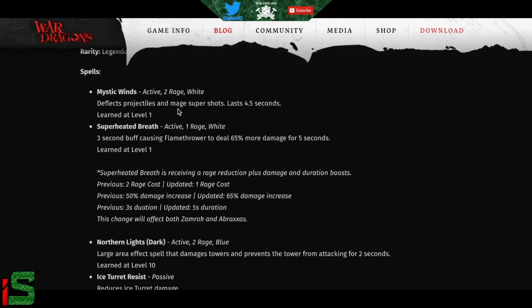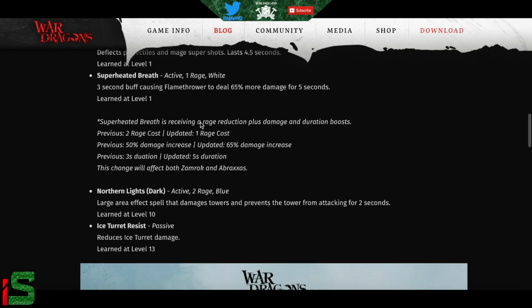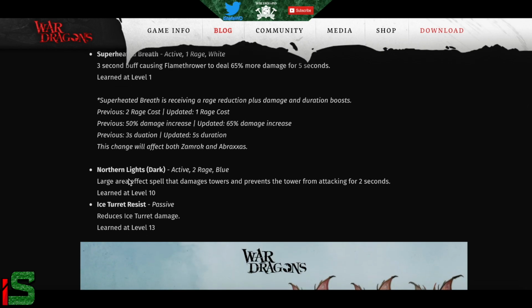So Mystic Winds, which is sort of like Wind Wall, with a 2 rage white, and it's also going to deflect mage super shots. Lasts 4.5 seconds. Superheated Breath, we all know, is being debuffed to a rage cost of 1, and it's being buffed to 65% damage, and 2 extra seconds have been given to it. So that's pretty sweet. Then he's going to be running Northern Lights, I believe. Yeah, it's the one that gives rage, and then he's going to run the